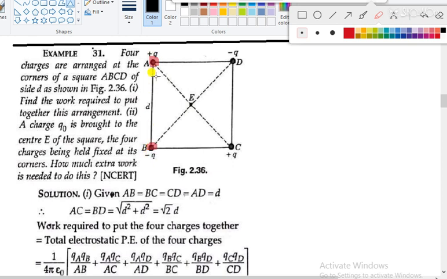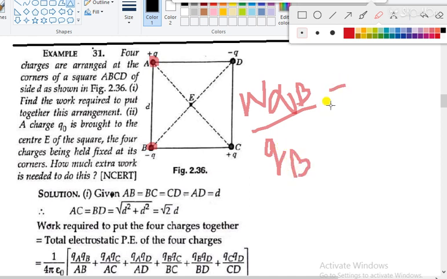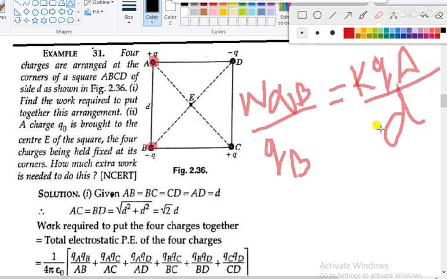So students, you can easily understand that when we are moving B from infinity to this point, then the final potential is due to A, and the charge at B will be multiplied in this way. Work done, I have already explained, work done from infinity to point B by QB. Let's suppose this is QB. I am not taking any negative sign here, I am just telling the book concept. So QB into K into the potential due to A, so QA will be here. QA by the side distance, so this is D. This QB will be multiplied on this side.